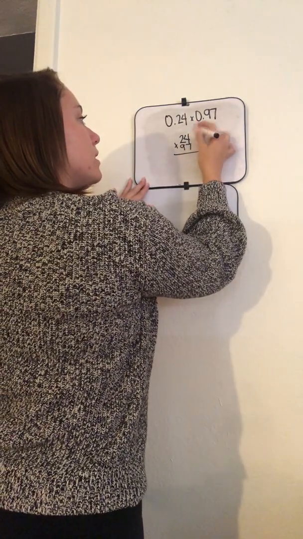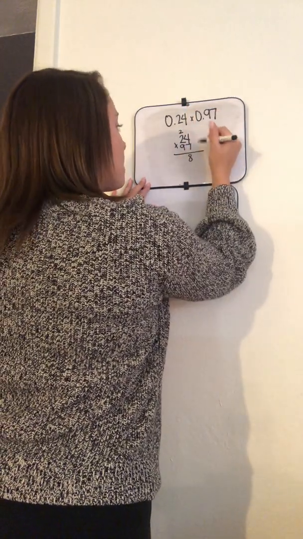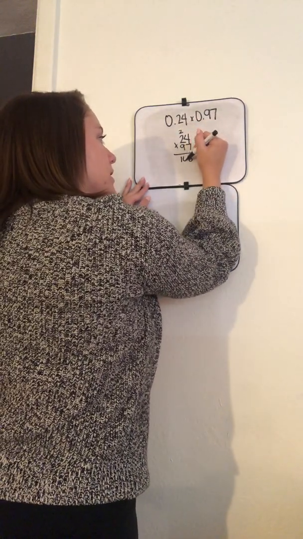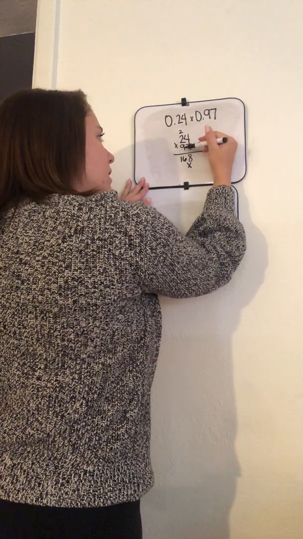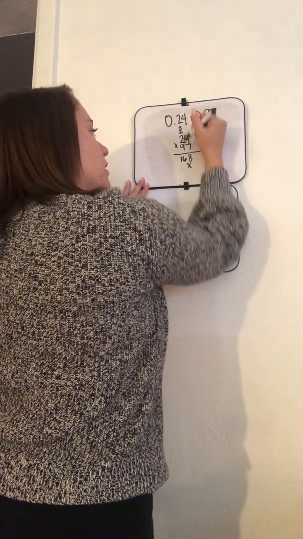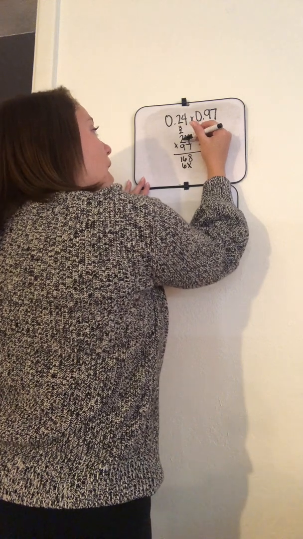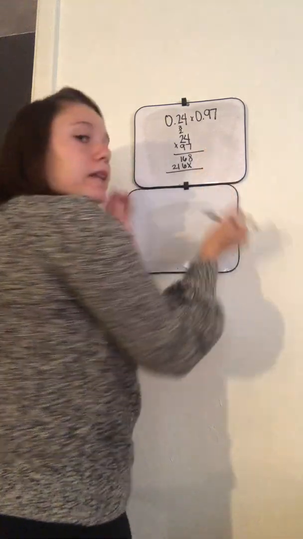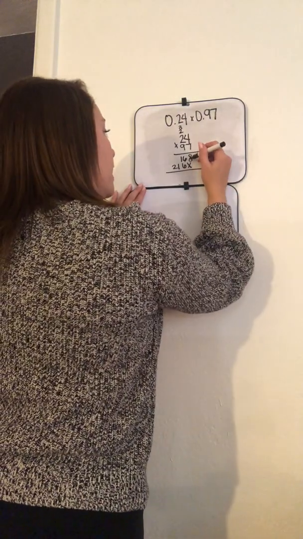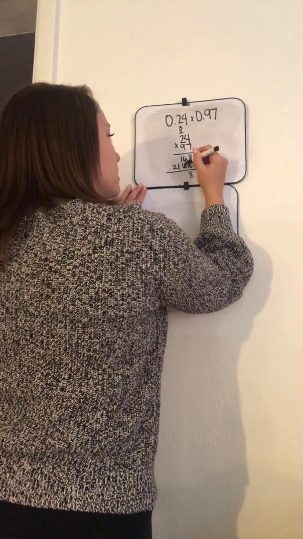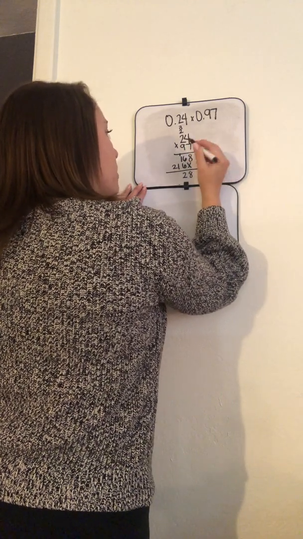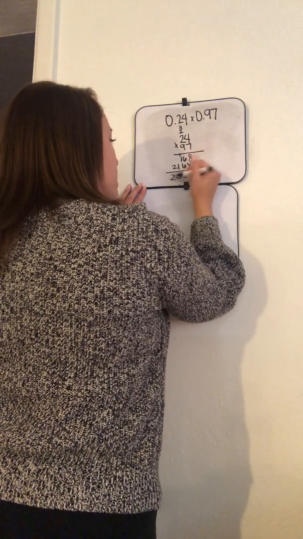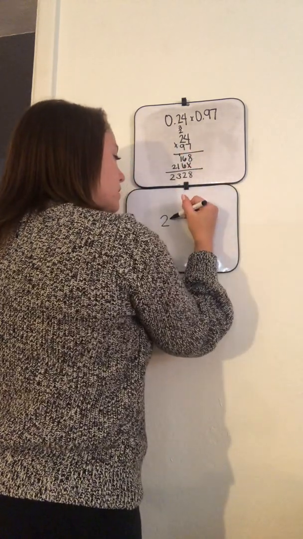So 7 times 4 is 28. 7 times 2 is 14, plus 2 is 16. 9 times 4 is 36. 9 times 2 is 18, plus 3 is 21. Now we can add these together. 8 plus 0 is 8, 6 plus 6 is 12, 1 plus 1 plus 1 is 3, and 0 plus 2 is 2. So our answer would be